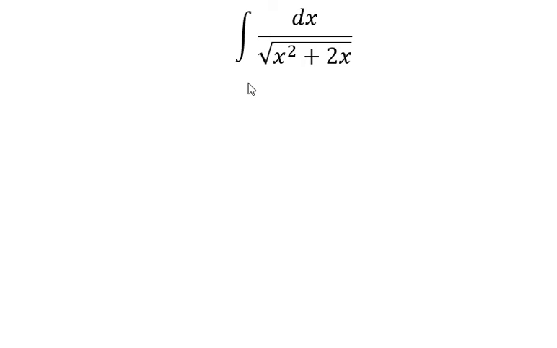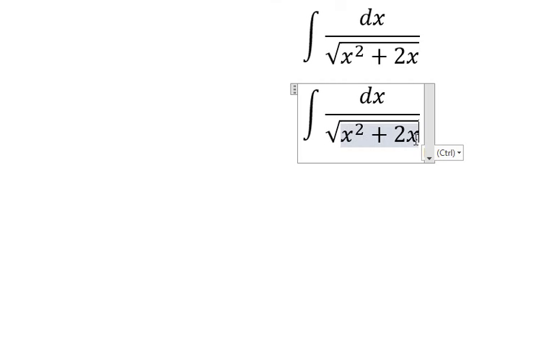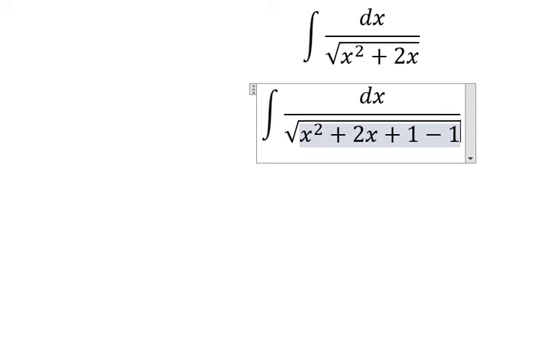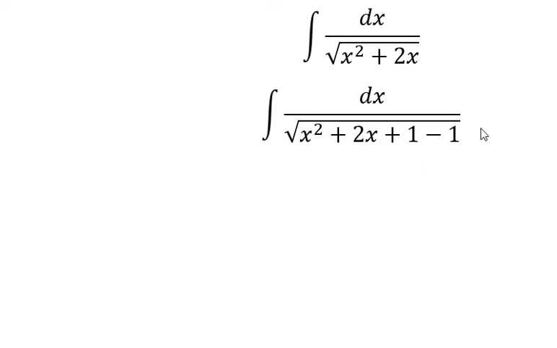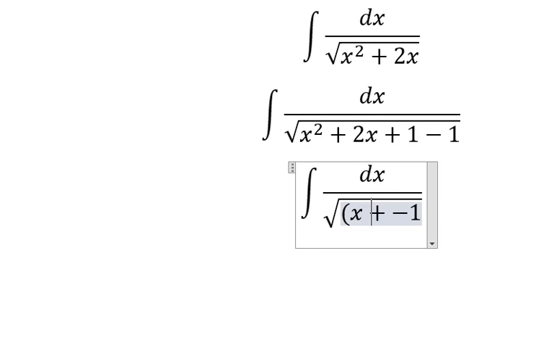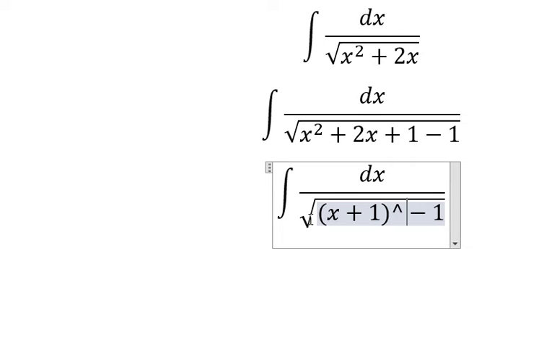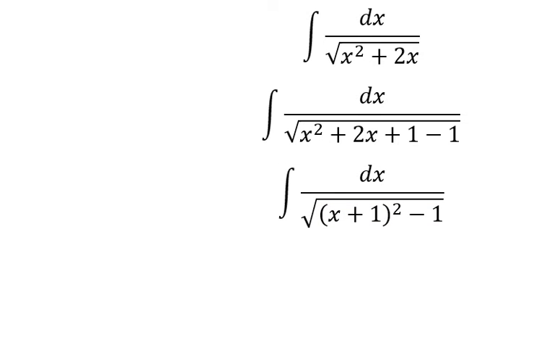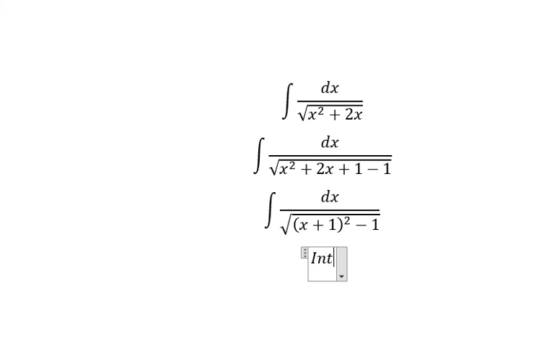So now I will show you how to answer. We need to add number 1 in here. Later we need to minus number 1, because I want to create an identity in here. So we have (s plus 1) to the power of 2. Next, we need to use integration by trigonometric